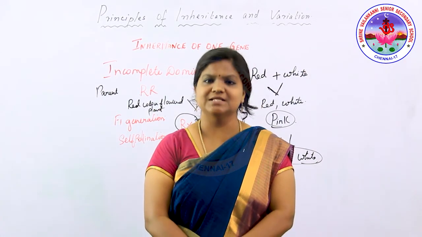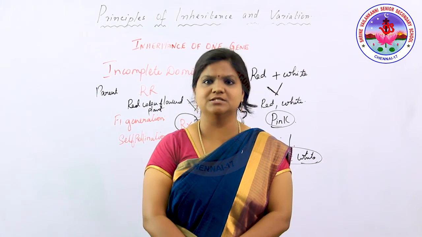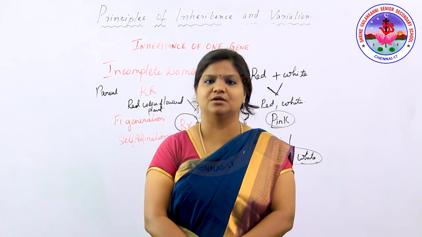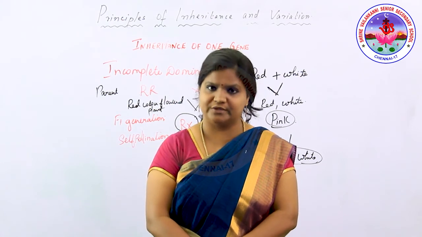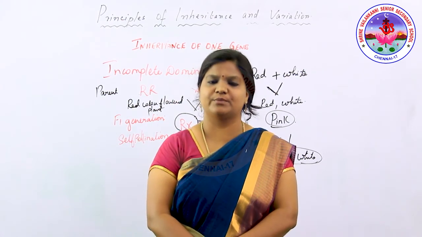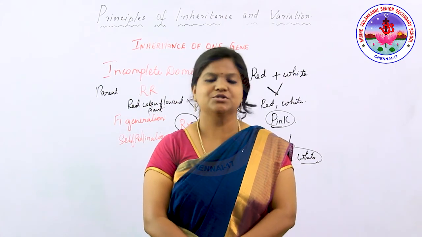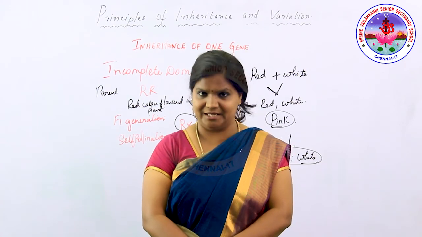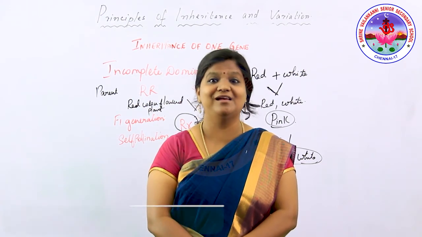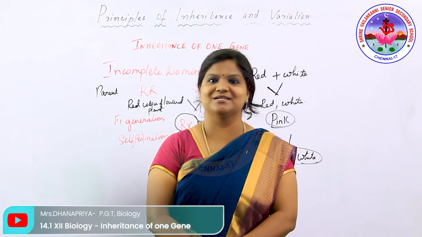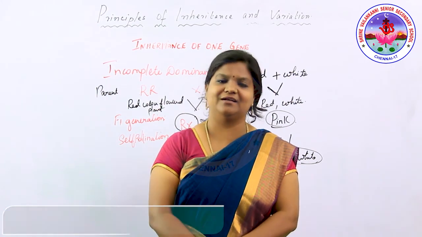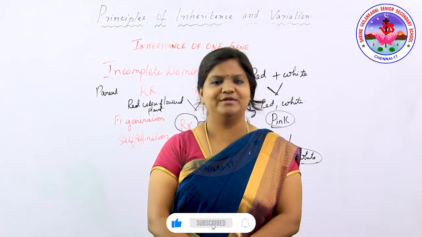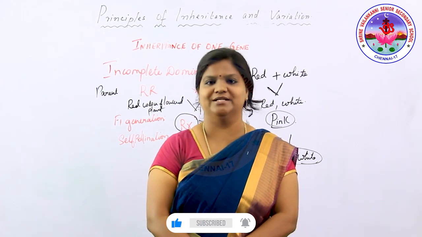Students, in this session we discussed inheritance of one gene. Under that we discussed two laws: the law of dominance and the law of recessive, which is done by the experiment called monohybrid cross. Here we studied the test cross and incomplete dominance. In incomplete dominance we studied the pink color: the combination occurs like an intermediate one from the red color as well as the white color. The surprise one will be the pink color, right? So that we studied under incomplete dominance.